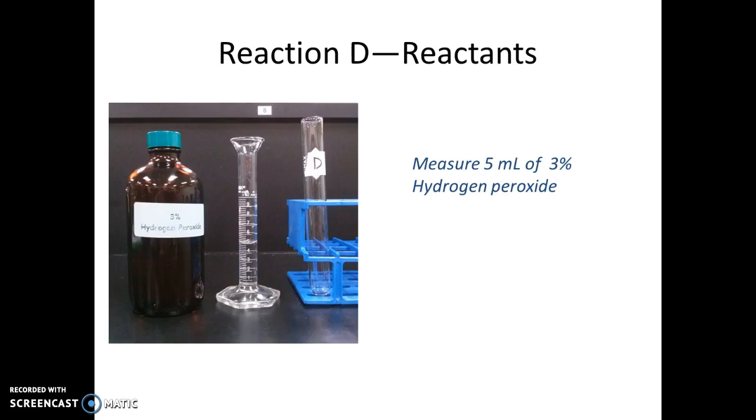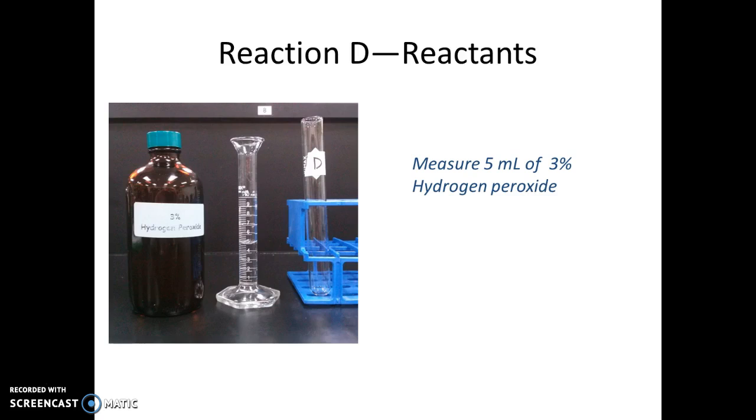The next reaction that you're going to be doing, reaction D, uses hydrogen peroxide. Hydrogen peroxide is a solution that you might be familiar with. It's something that you might find in a first aid kit. You can use it to clean out cuts. You'll find it in a brown glass bottle in the lab. You want to measure out 5 milliliters of the hydrogen peroxide and pour it into your test tube labeled D